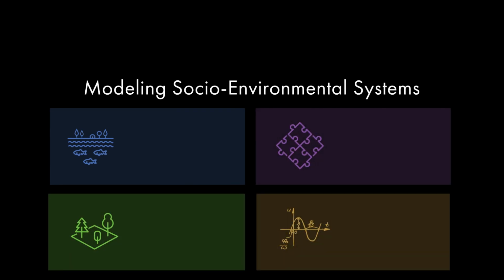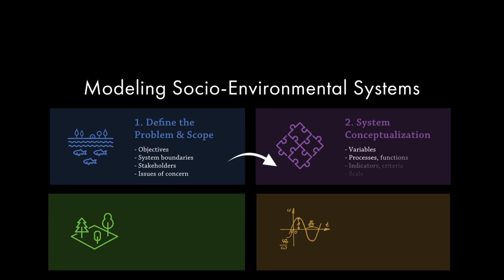So let's start with the four basic phases of socio-environmental modeling. First, SE modeling teams have to define the problem or agree on the objectives in modeling. Not necessarily easy. They may disagree. They must set the boundaries, decide if they will engage stakeholders, and consider any other special issues that they need to discuss. Second, teams must conceptualize the problem in a system context that identifies the components or variables involved, as